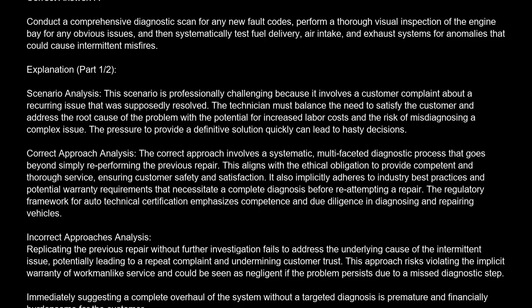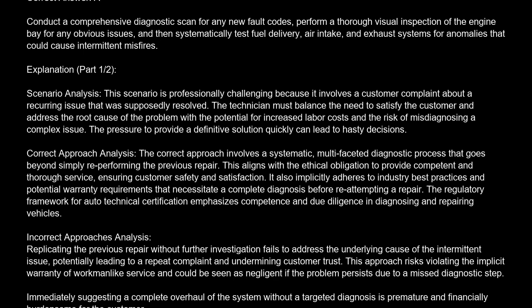The correct answer is A. Conduct a comprehensive diagnostic scan for any new fault codes, perform a thorough visual inspection of the engine bay for any obvious issues, and then systematically test fuel delivery, air intake, and exhaust systems for anomalies that could cause intermittent misfires. Explanation. Scenario analysis. This scenario is professionally challenging because it involves a customer complaint about a recurring issue that